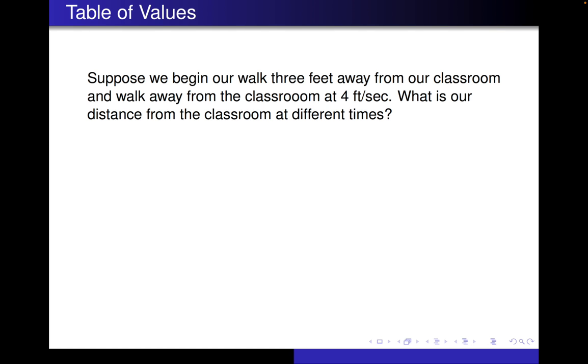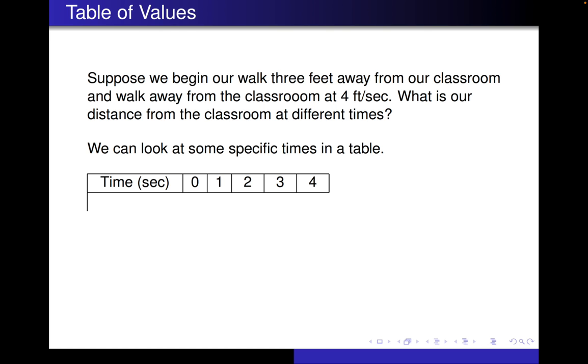So the question is, what is the distance from the classroom at different times? We could just look at some specific times in a table. So we're looking at time in seconds, like 0 seconds, that's at the beginning, after 1 second, after 2 seconds, after 3 seconds, after 4 seconds. By the assumptions of our problem, we're starting 3 feet away from the classroom. So at time equals 0, we have distance equal to 3. And now every time we go a second, since we're traveling at 4 feet per second, we're going to add